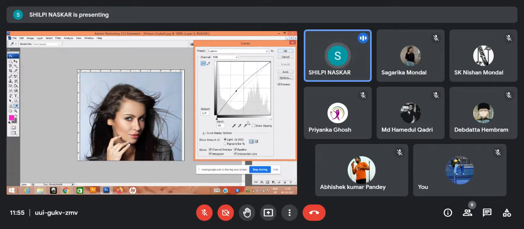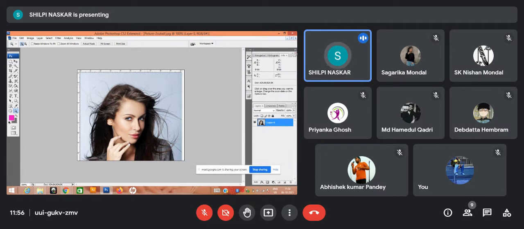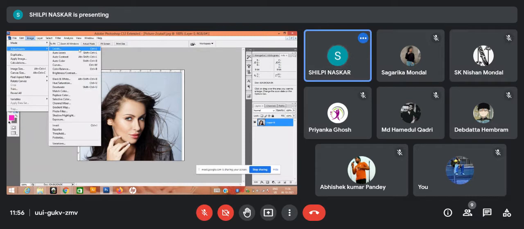So this is the kind of 16 squares. By clicking alt, I have already told you, click alt and click on this screen, there will be 100 squares and you can edit according to your own choice. But don't overdo it, because that will be bad for your output. It will look like the picture has burned out. Okay, so this is the strongest adjustment tool, curve basically.